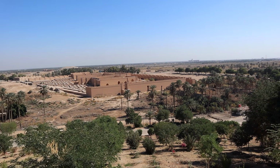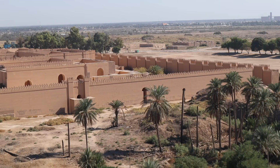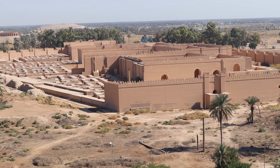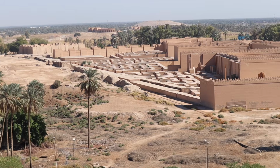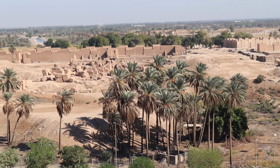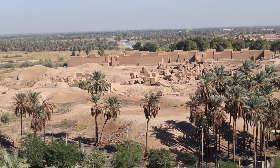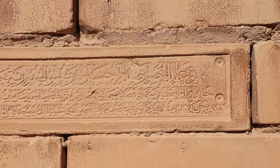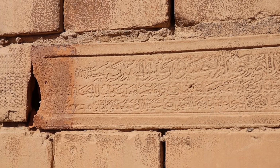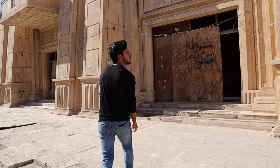By building his palace at this site, it is a classic piece of appropriation taken right out of the dictator's playbook to compare yourself to other great members of a previous civilization and just stamp your authority on the present day, which is what he did. If you look on the bricks in Babylon, you will see his inscriptions which have his name, just like the ancient kings did. So this is the head of Saddam,